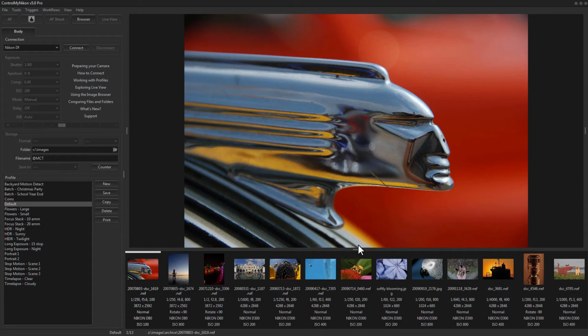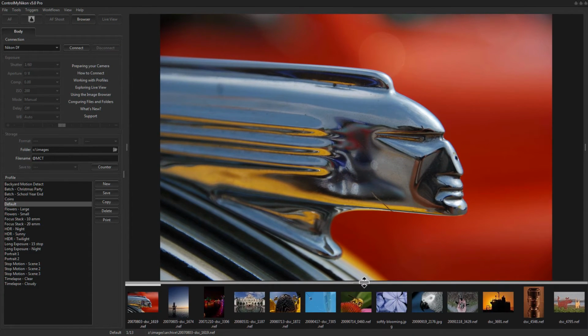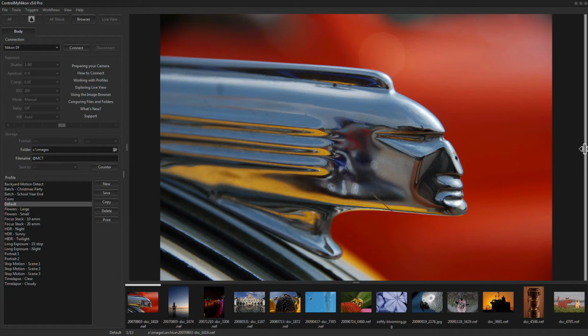So if you need a little bit more room, you could just drag this down, and now you're only looking at the thumbnail and the file name. Okay, I'm just going to bring those panels back up, so I'll double-click,